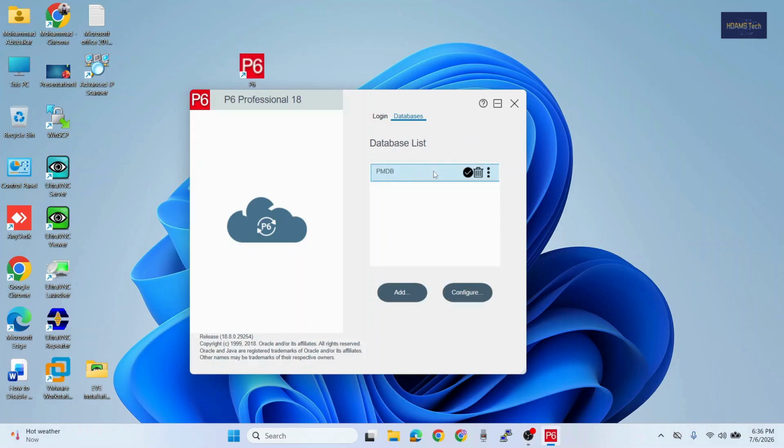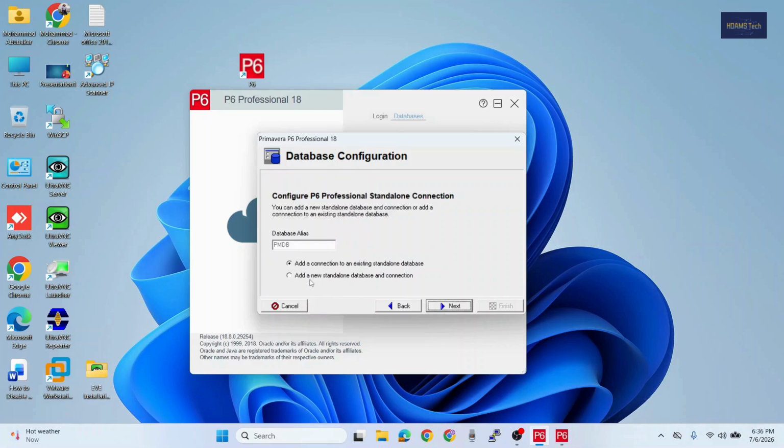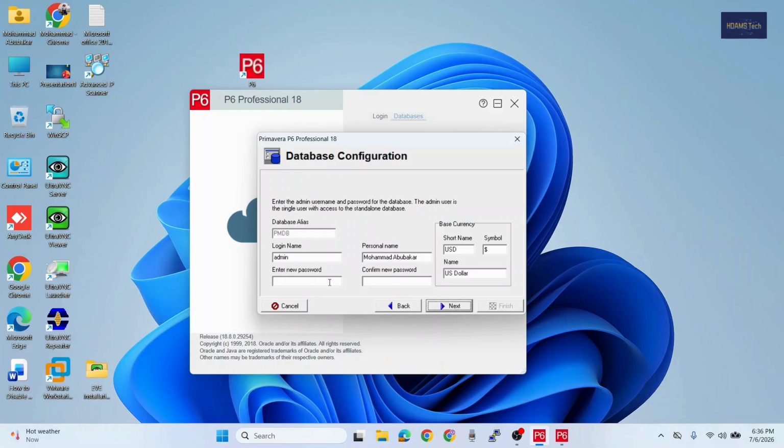You can see here PMB. If you want to delete this one, you can delete or configure, or you can choose the same PMB. And also I will click here P6 Pro Standalone SQLite, click this one and next. You can see here add a new standalone database and connection. Click this one, click next, and enter